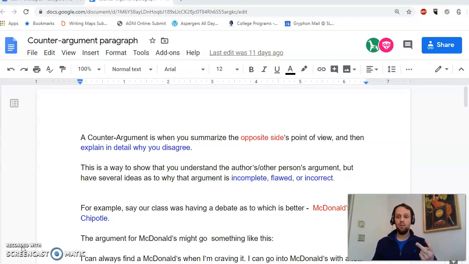Next, you would bring in a personal experience, something that happened to you or someone you know, or something that you've read, something that you've seen, anything that's outside of the CAT-W article. This next paragraph is the counter-argument paragraph. And the goal of a counter-argument is to use the opposite point of view.